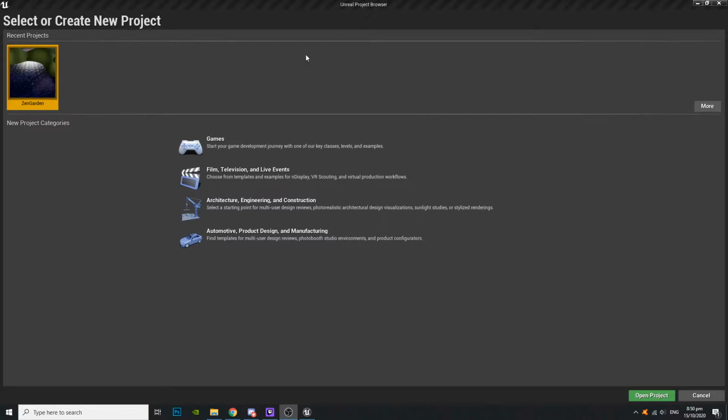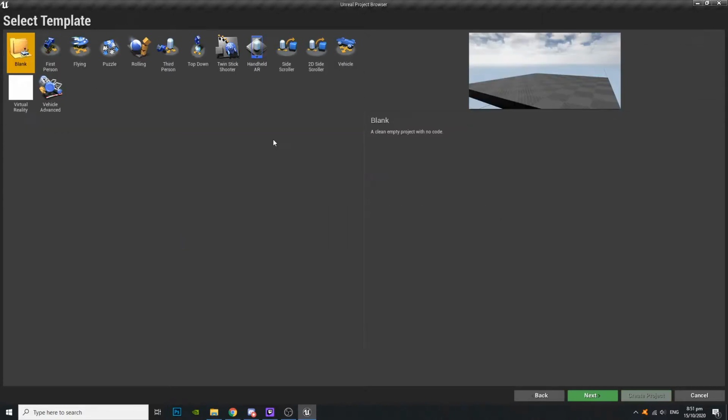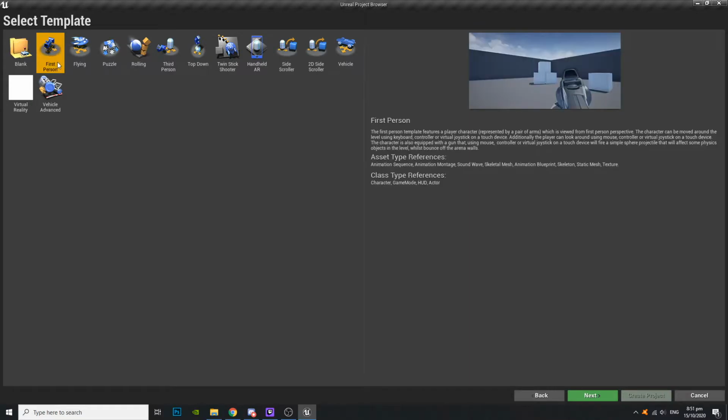But then I decided I wanted to try this interactive journal through Unreal Engine, which I've never used before, and I thought Unreal Engine would be quite a useful and powerful tool to learn for my creative processes in the future. So I started off, I used the first person blueprint,